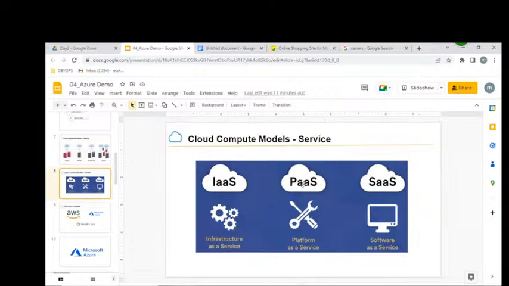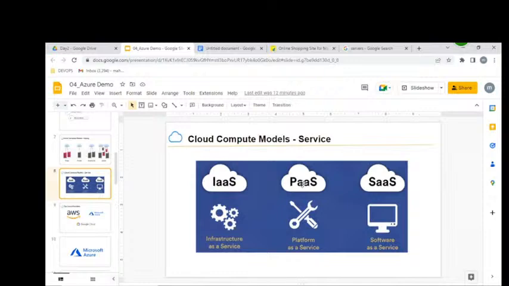Okay. Then PaaS, platform as a service. For example, you require a platform, for example Java, .NET, Python. So if you want to practice a Java application, what is required, please? Can you directly execute programming? No. First, we require a hardware layer. Second, an operating system. Then software. Then only we can execute a Java program. Am I right or wrong?